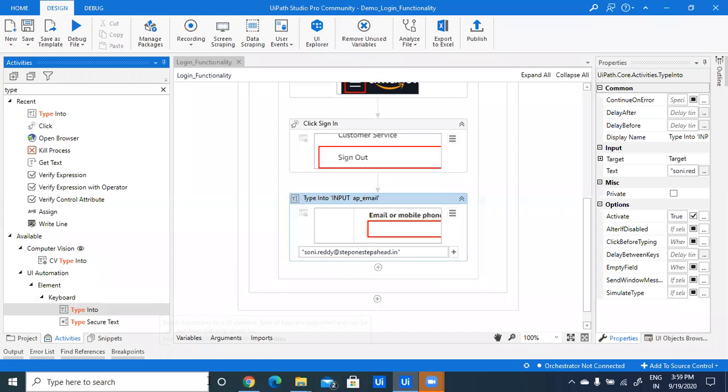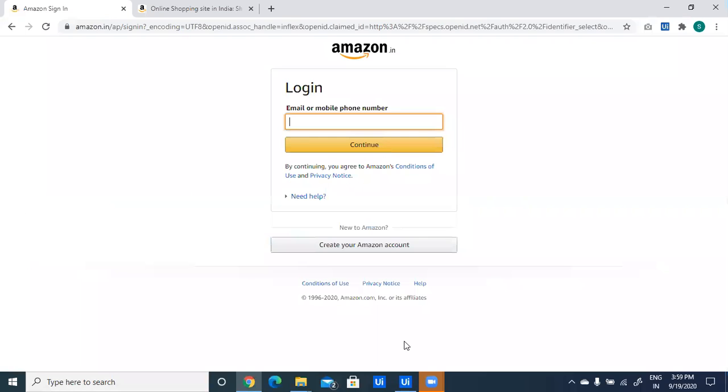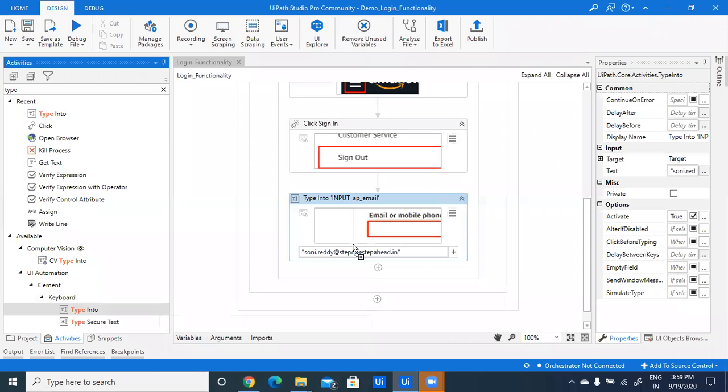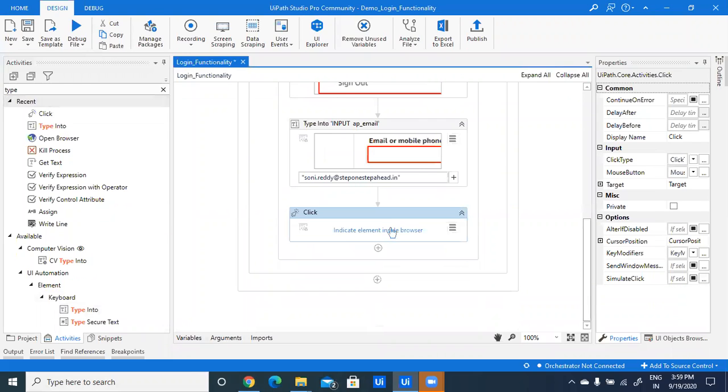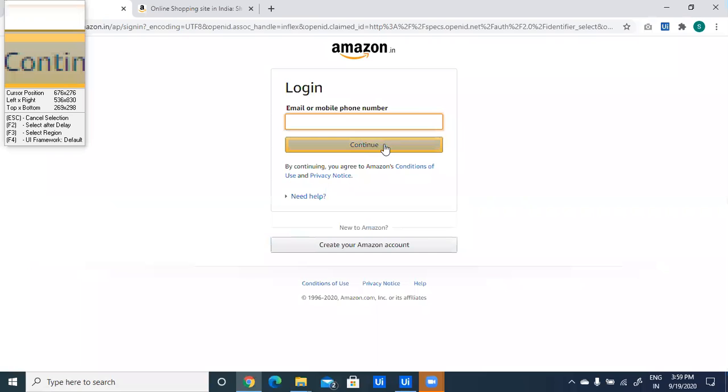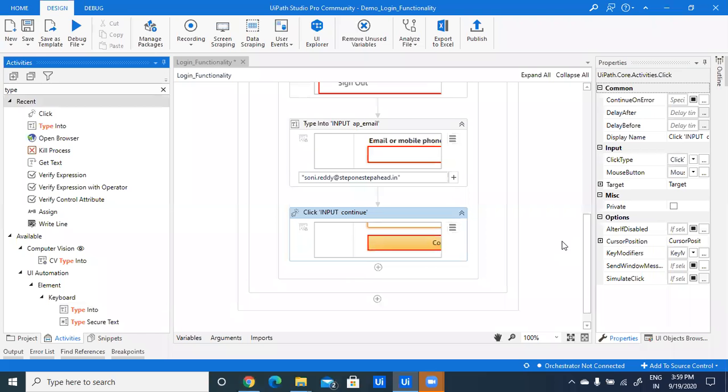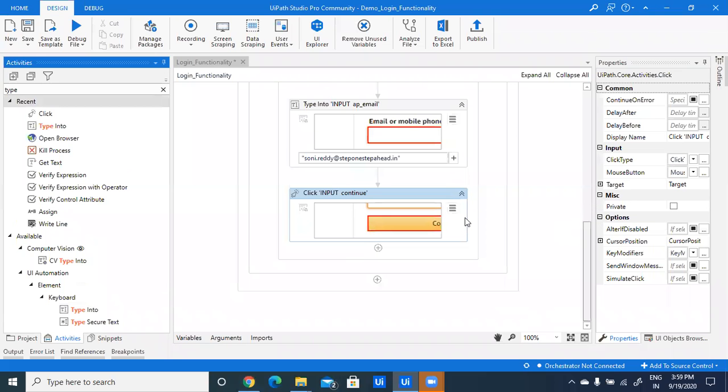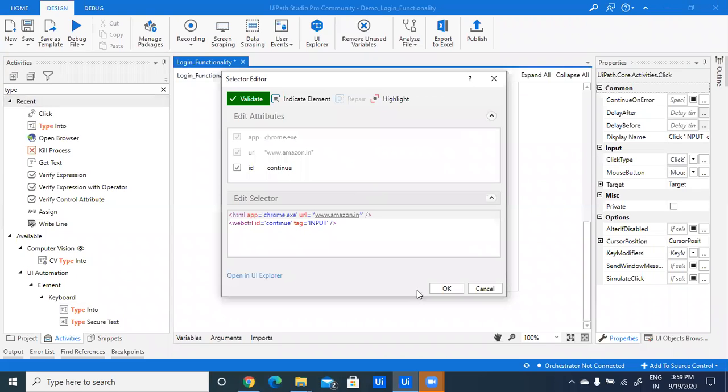After that, I have to click on this continue button. Then drag and drop click activity from activities panel and indicate continue button. Click on edit selector and check our selector is validating or not.